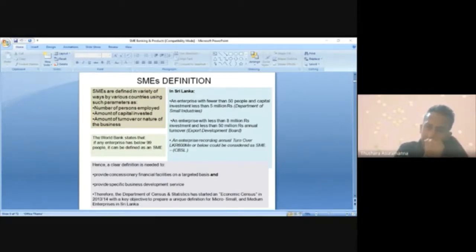Any thoughts? Yasiru, Roshni, Tanya, any thoughts? Why do we need to define? Can't we do the banking business without defining these customer segments? Any quick answer? Why do we need to define? Somebody could say it's a regulatory requirement. Yes,